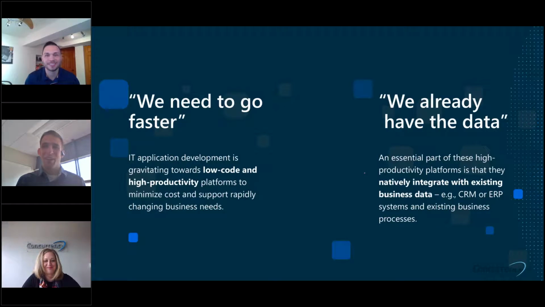Ooh, look at that transition. All right, so tell me about this. We need to go faster. We already have the data. What's this? Yeah, this is really exciting. The data's already there. Now we just need to accelerate that and do more with it. The data's in the spot that it needs to be in. The data model, we've already gone through the exercises. It's being stored properly and surfaced the way that it needs to be.